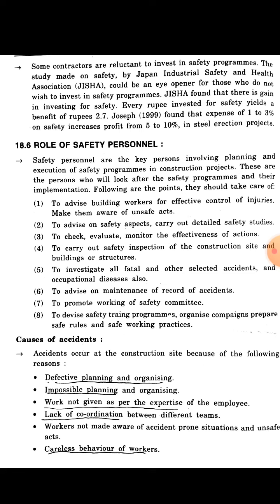First is defective planning and organization, second is impossible planning and organization, third is work not given as per the expertise of the employee, fourth is lack of coordination between the different team members, and a worker not made aware of accident-prone situations and unsafe acts, and careless